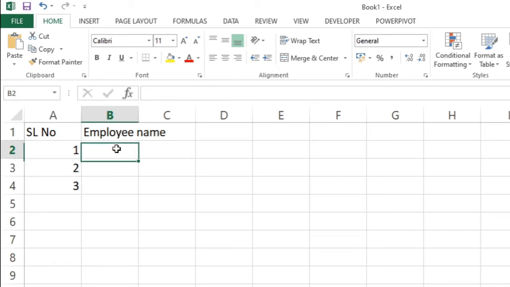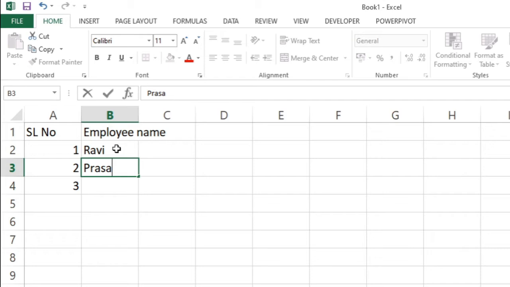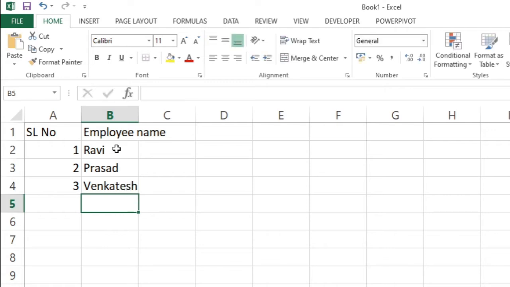So, I will enter some more information here. So, this is how you can enter some data.